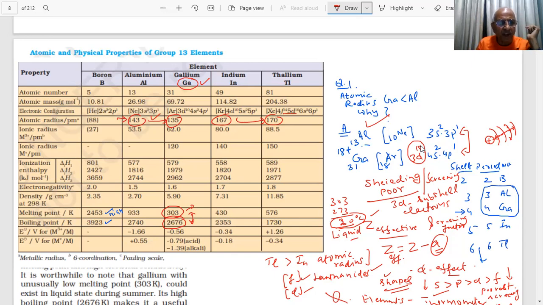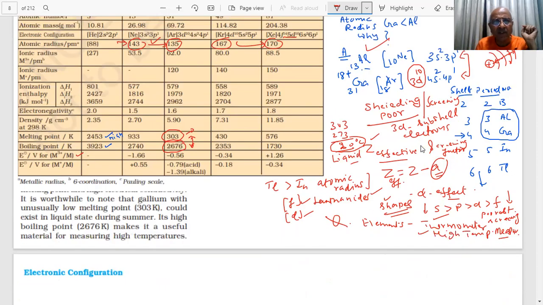Standard reduction potential values. I always talk about that, students. Standard reduction potential values. What are we understanding by these values, student, if they are highly negative? Then they will be stronger, good reducing agents. Reducing agent. One or two questions are always based on this in the paper, students. Any paper, the basic fundamental concept.